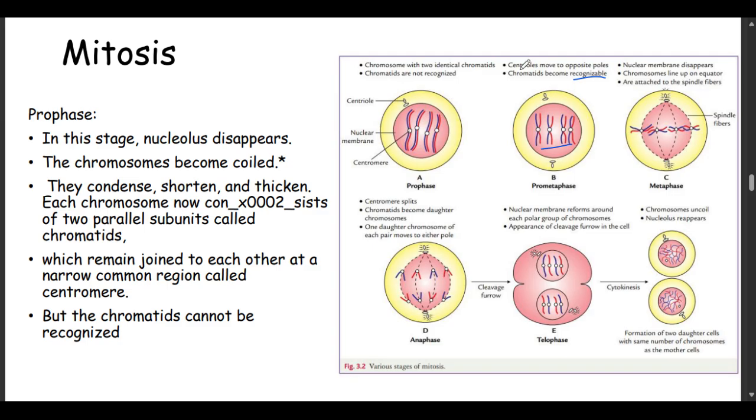Okay, the centrioles move to opposite poles. These are the centrioles here, they duplicate, move to opposite poles so that they create the mitotic spindle in metaphase. So mitotic spindle, metaphase. Some books will combine prometaphase and prophase. Some books will put these two together, but just know what is happening where.